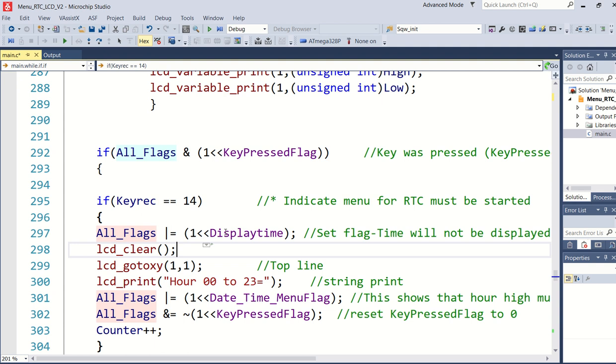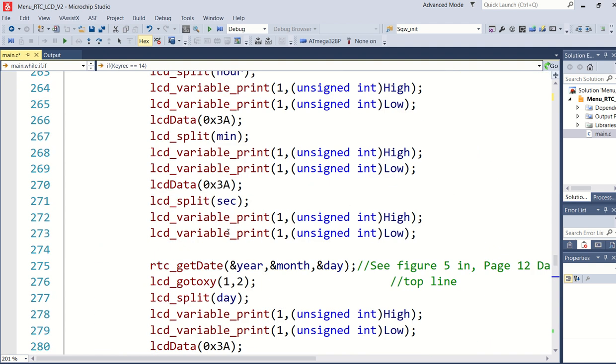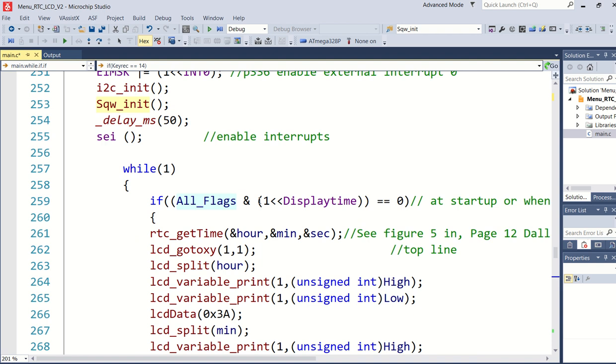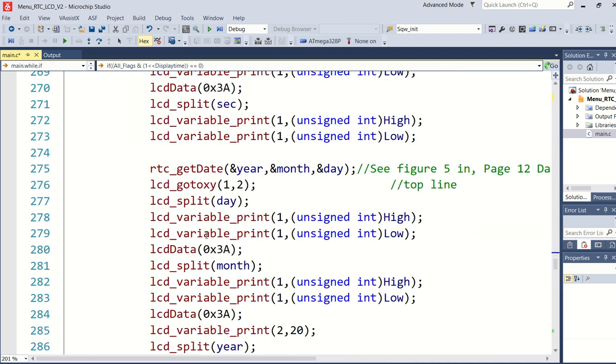And the reason why I make it a 1 here is you'll see then it will no longer go into, because if display time is a 1, it will not go into this if statement where it's reading the data. It will now take the values that I press and program it in before it comes out and then start displaying it.